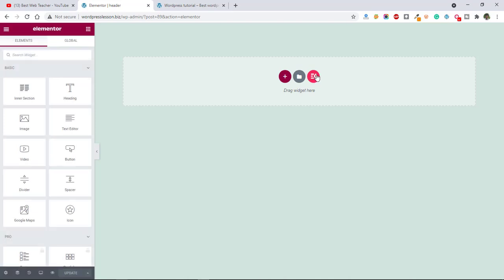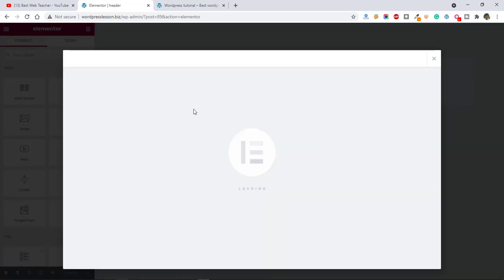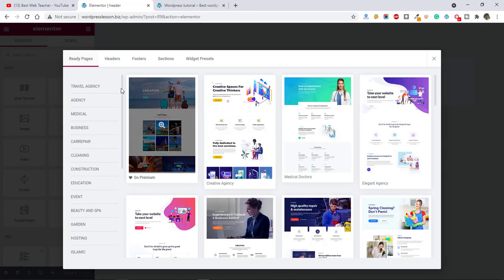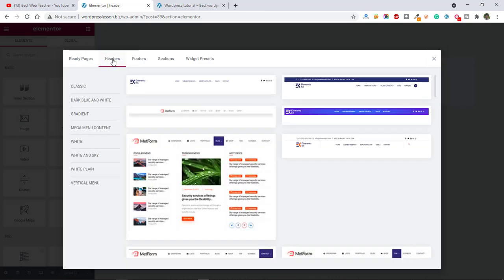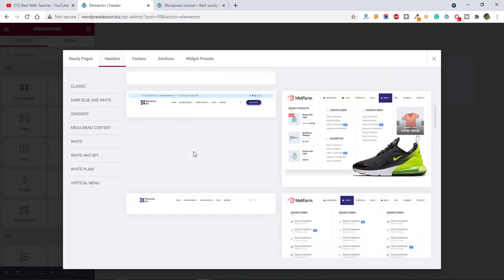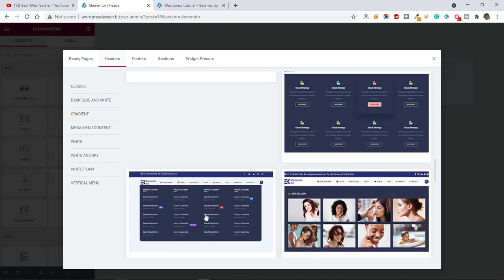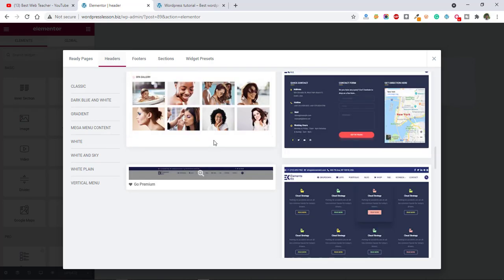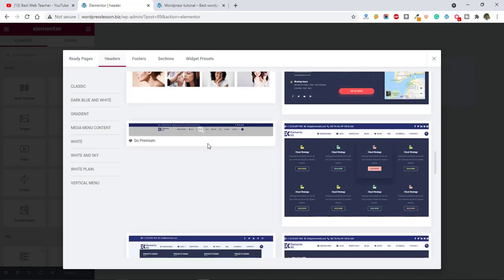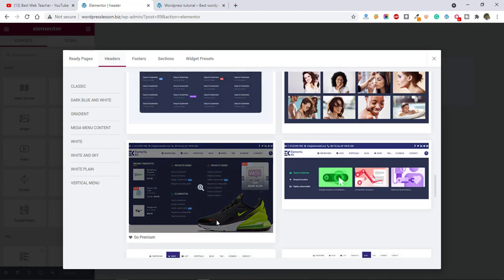Again click on header and click on edit content. Now click on the E button again and click on headers. After that insert any header which you like. Okay, so many free and paid ones are available. I am going to install a free one.